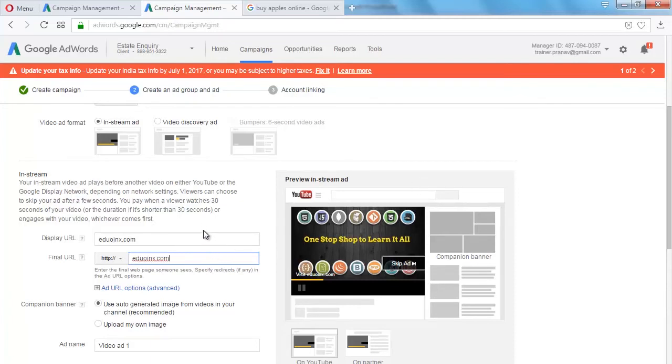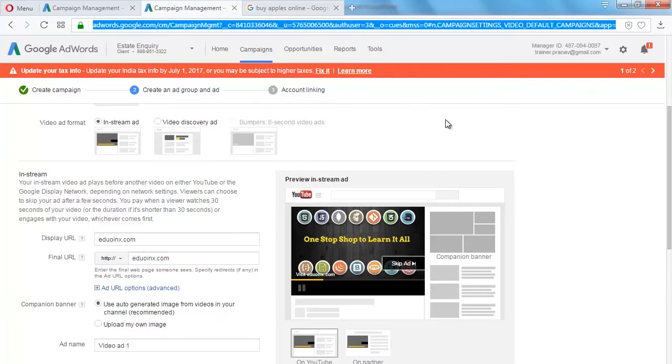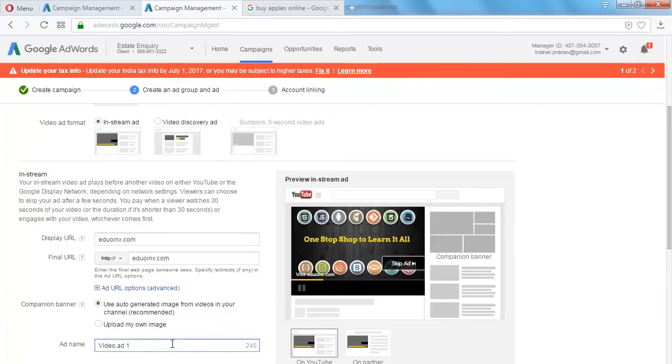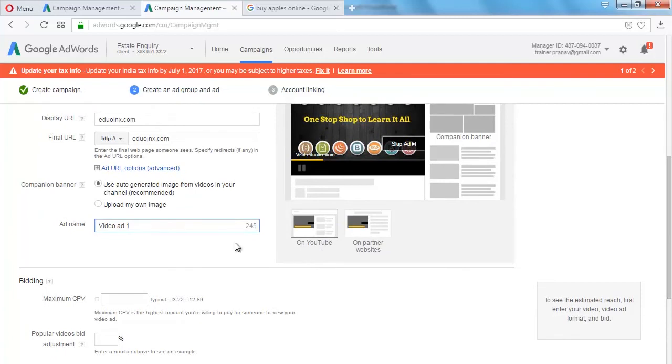But with the help of this mechanism of display and final URL, I can just show my main domain name as the display URL and then take the user to a URL which is of smaller or larger length without showing them the same, because it would not look good to show these kinds of lengthier URLs. Thus, there are these two tabs provided, and past that it is asking me to name the video. For identification purposes, I could give names like video ad 1, video ad 2. In this example, I am keeping it as it is,